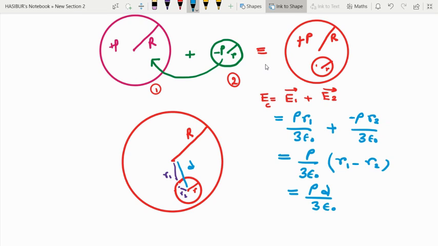So this is a typical cavity problem which repeatedly comes in different exams. Sometimes it is about the electric field, sometimes about determining the moment of inertia. Sometimes the object is replaced: here we take a solid sphere, but the question may come for a solid cylinder. The concept is the same.